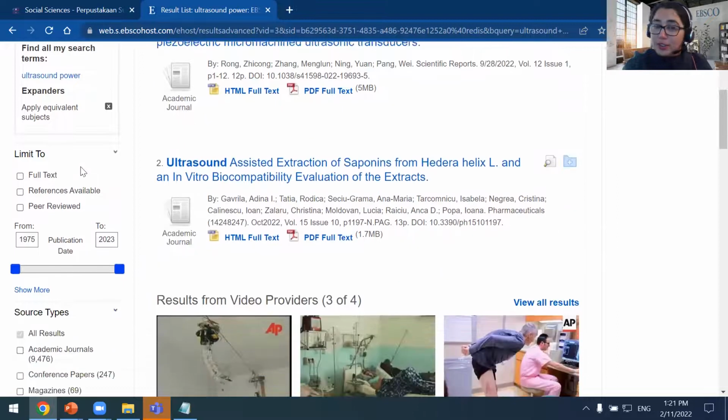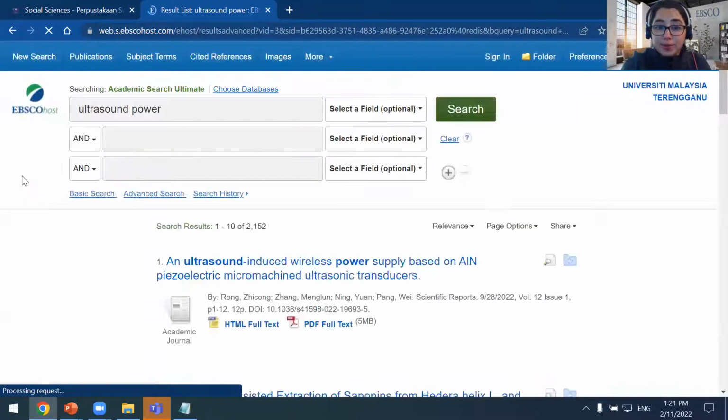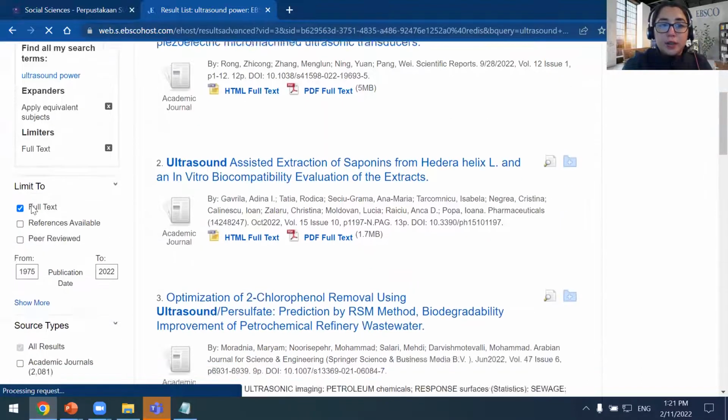So I'll just scroll down a little bit, and in the left-hand column, the first few options I have here are to limit to full text. That could be really useful so that I have access to content that contains the complete article. I'll just scroll down.